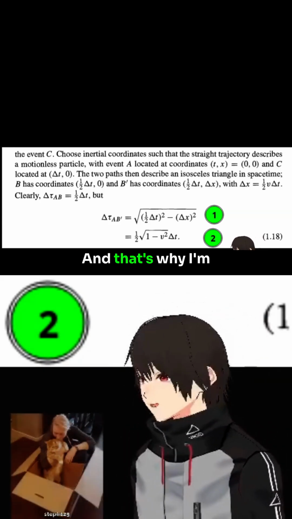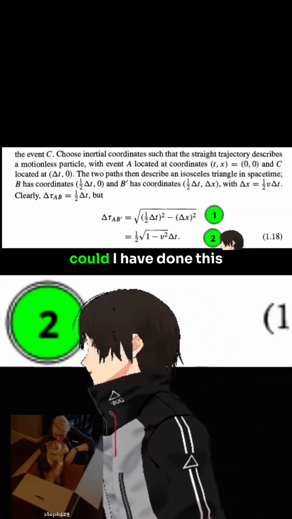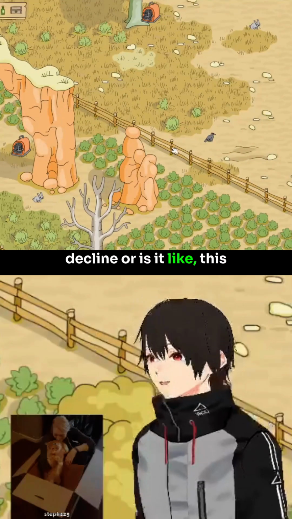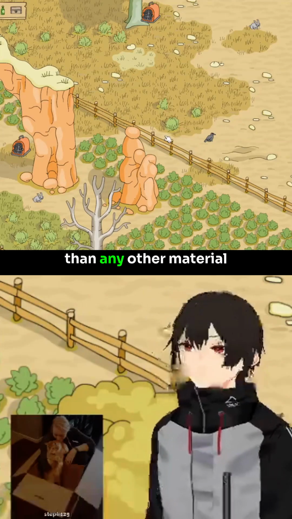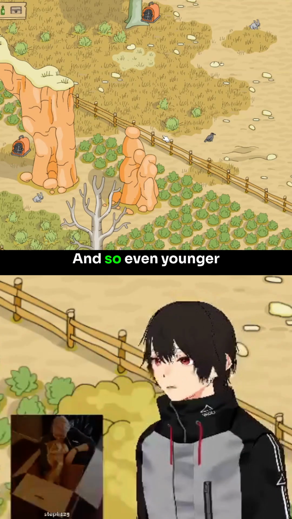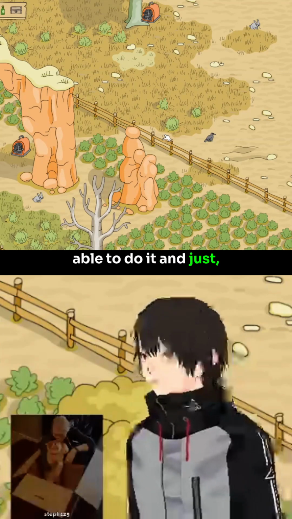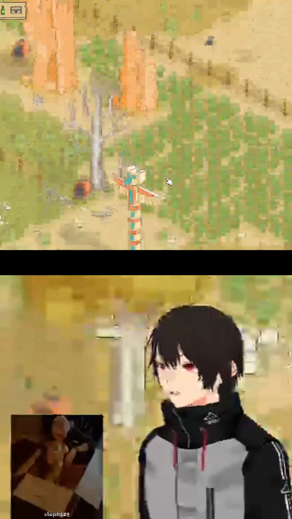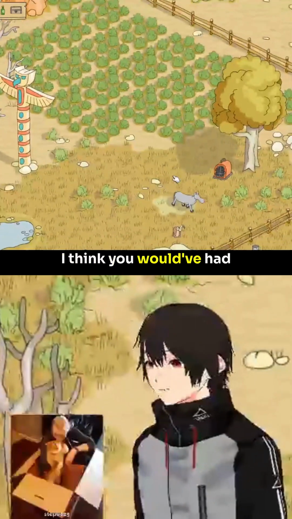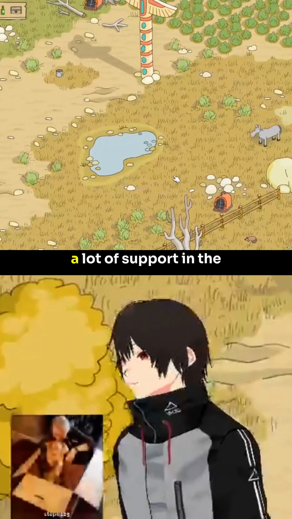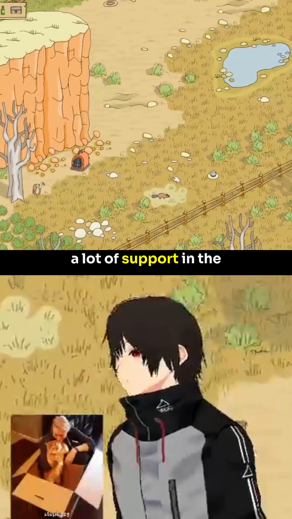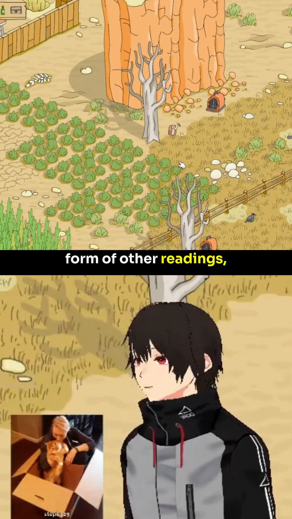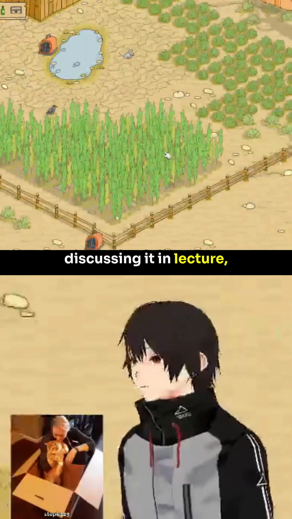And that's why I'm trying to figure out, could I have done this when I was younger? Am I having cognitive decline? Or is it like this material is just harder than any other material I've done before? And so even younger, I would not have been able to do it. And I'm just going to have to put in more work, I guess. I think you would have had a lot of support in the form of other readings, discussing it in lecture,